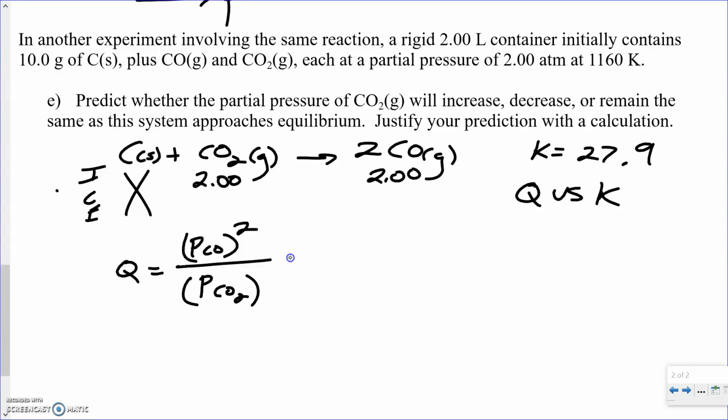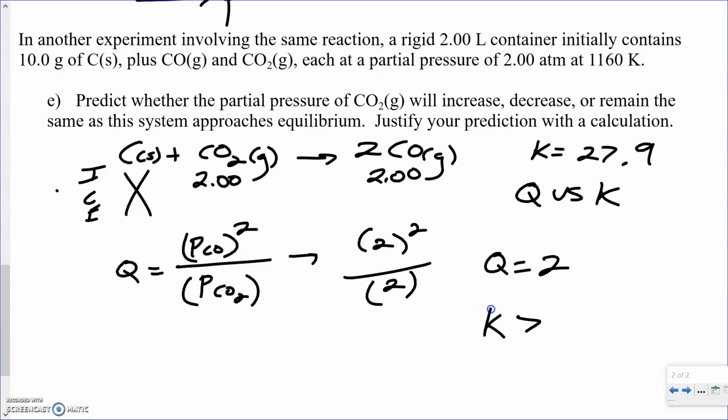So we have this information, and we're going to plug in our values of 2 squared over 2, which of course gives us 2 times 2 is 4, divided by 2 is 2, so Q is equal to 2. Well, how do Q and K compare? Well, K is significantly greater than Q. Well, what does that mean? Remember, K is products over reactants. And if our Q is too small, what that means is our numerator is too small or our denominator is too big, one way or the other, which means we're going to get a